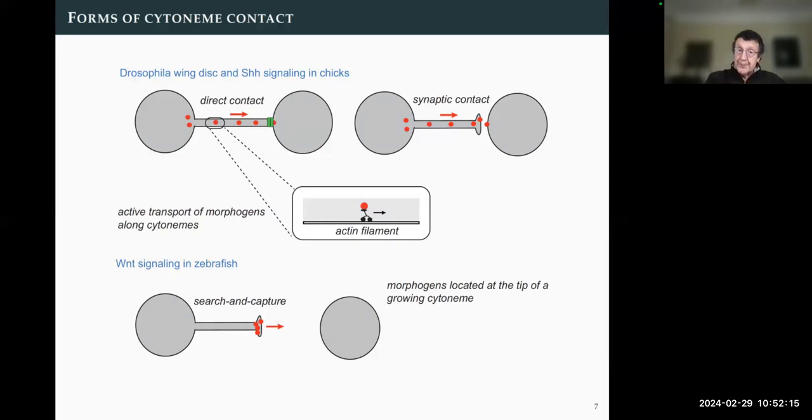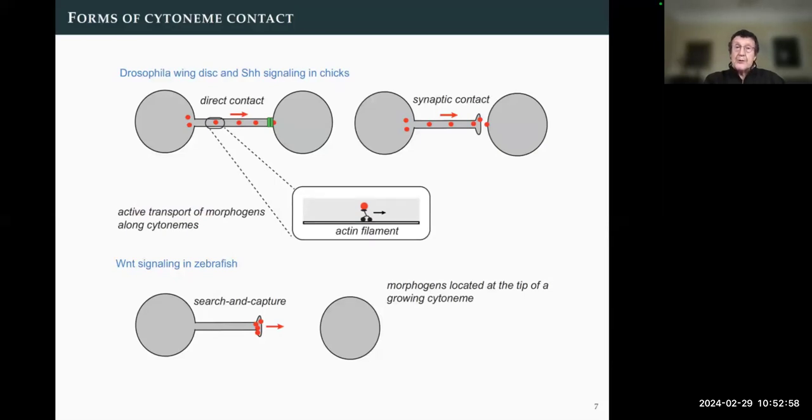that attaches to the receiving cell. The other mechanism that seems to be more prevalent in vertebrates, such as zebrafish, is more what I call a search and capture process, where the filaments are much more active and grow and shrink as if they're searching a space looking for a target. When they attach to a target, they only stay attached for a little while, and the morphogen tends to be located on the tip of the filament and is then released into the target cell. This is quite analogous to microtubules searching for kinetochores during cell mitosis, and the mathematics is quite similar. So that's the basic framework that I want to talk about on the modeling side.